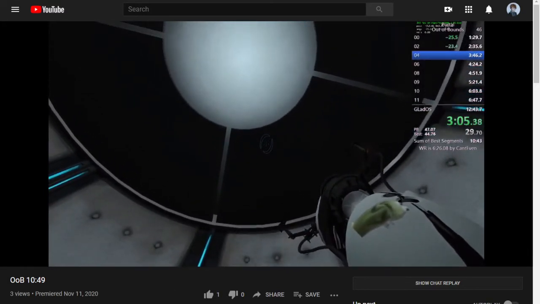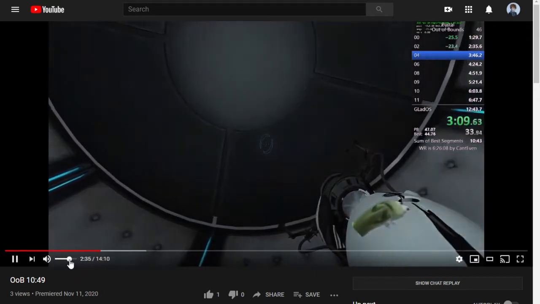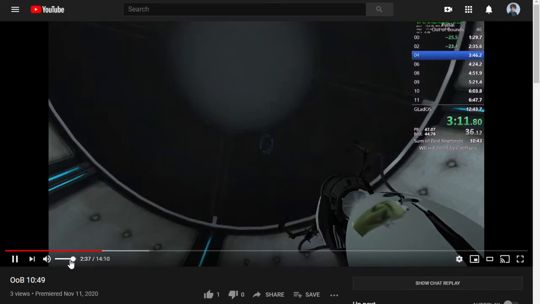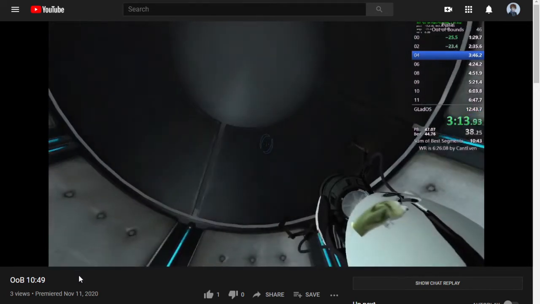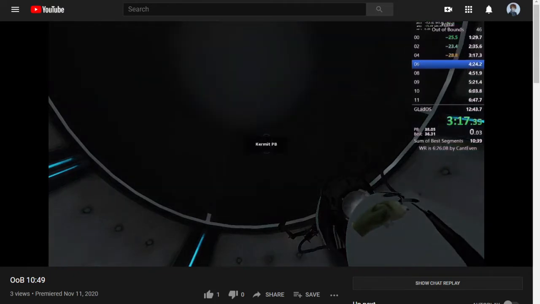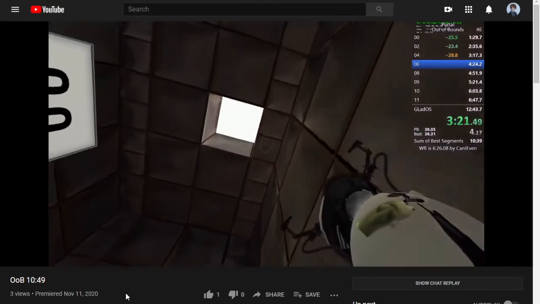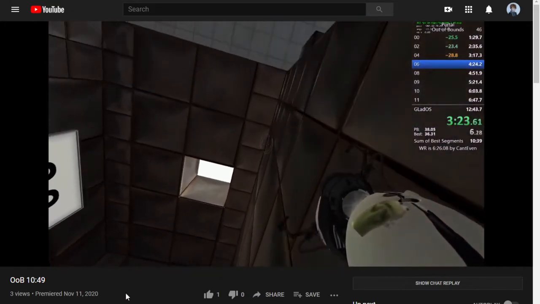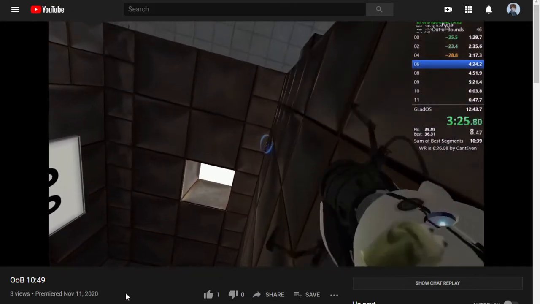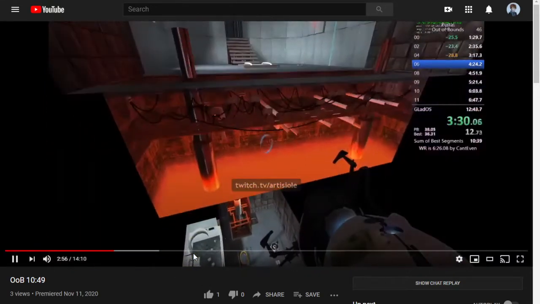Enhancing the truth in 3, 2. While safety is one of many enrichment center goals, the Aperture Science High Energy Pellet seen to